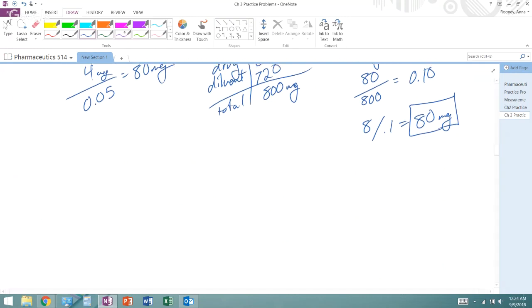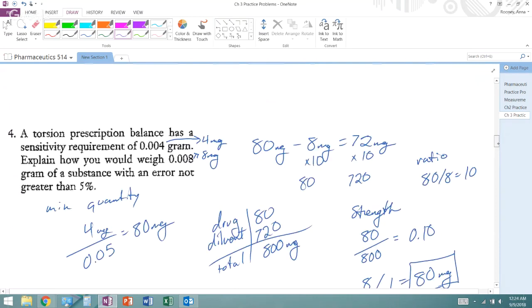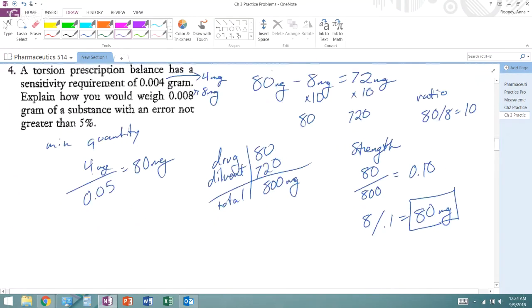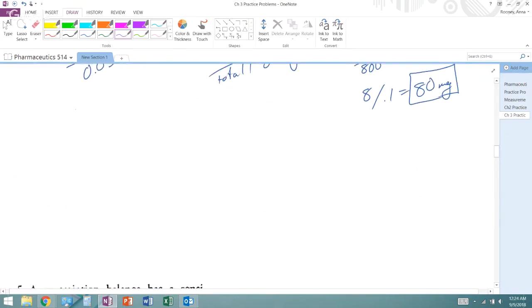So very, very nice, because for each one of these, our minimum weighable quantity has been our aliquot. So it's been super nice. All right, let's do it the way that the book did it now. Okay, so the book